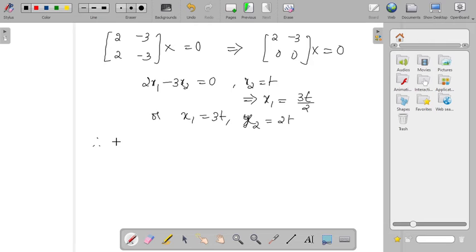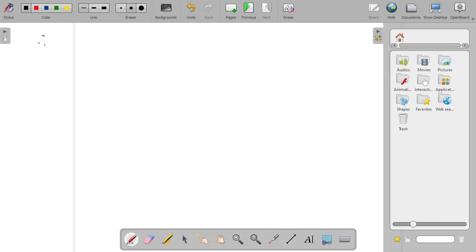So therefore the eigenvector is, we can take it as 3t, 2t. So the eigenvector X2 will be the vector 3, 2. So now we have got the eigenvectors. The eigenvectors are 1, 1 and 3, 2. So therefore the general solution is